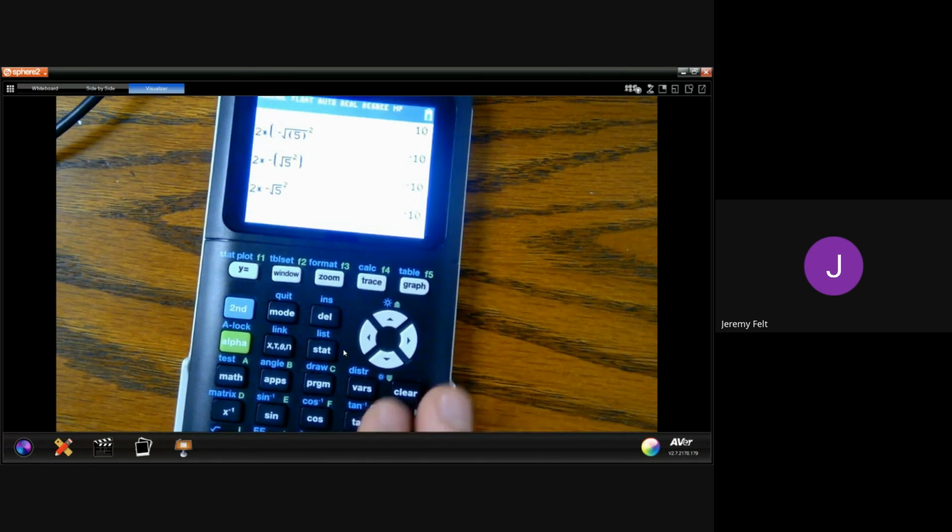Oh, okay. I gotta have parentheses on both. Alright, anyways. Let's do it this way. Square root of